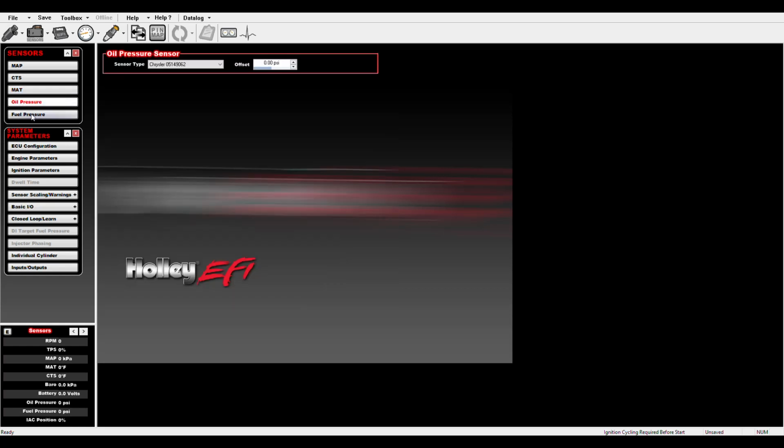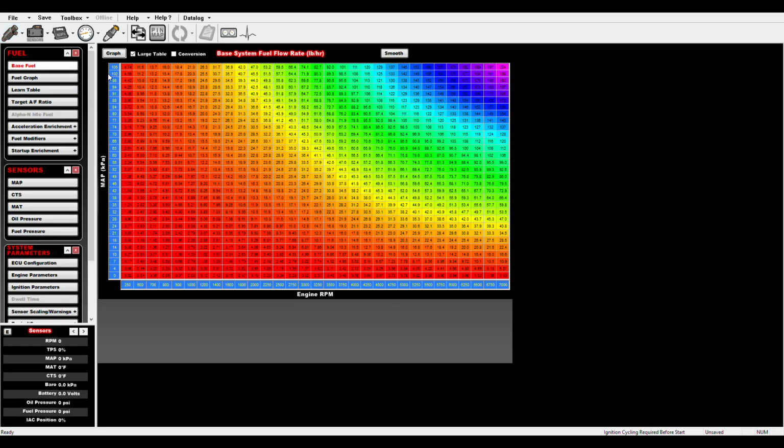Oil pressure sensor, fuel pressure. I don't have mine plugged in at the moment, but I've ordered a fuel pressure sensor that I'll be plugging in, then I'll get it to display that as well. So what it does is it takes all of those readings from all those sensors and the functionality that you put in at the beginning, how you want it to behave, and then it generates fuel